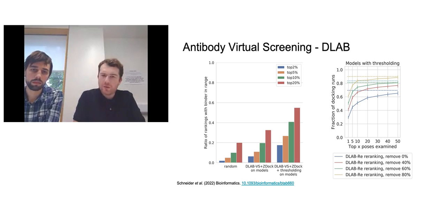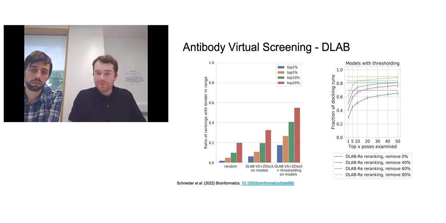So there's obviously this issue that if the dock pose is bad, you can't really predict if they bind. However, when you apply this additional thresholding, the DLab-RE method, to pick out good poses and throw away things where you think it's not such a good pose, you can increase your enrichment rate to maybe 4 or 5 times the likelihood of randomly pulling out a binder from your library, depending on how much of that library you can sample.